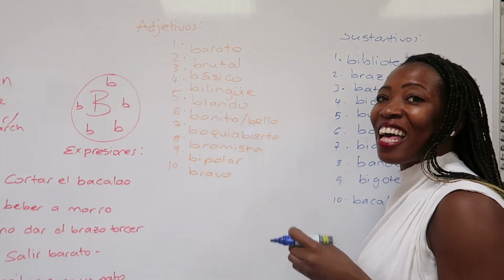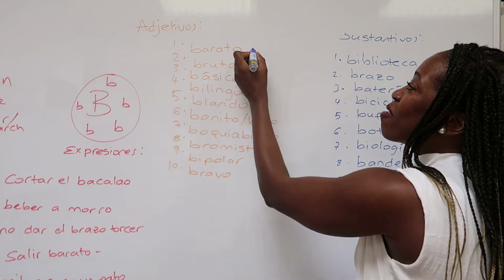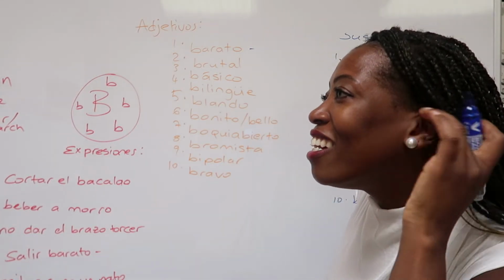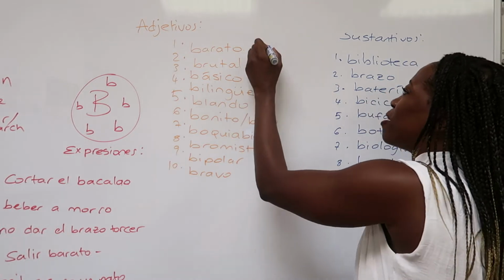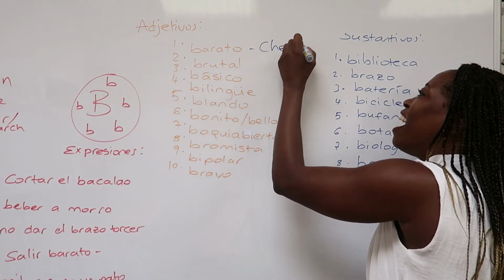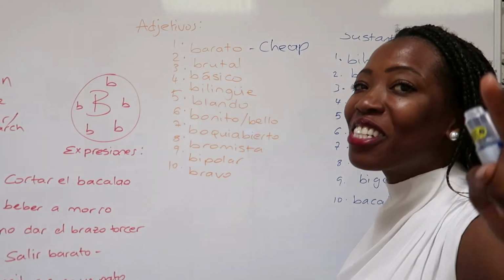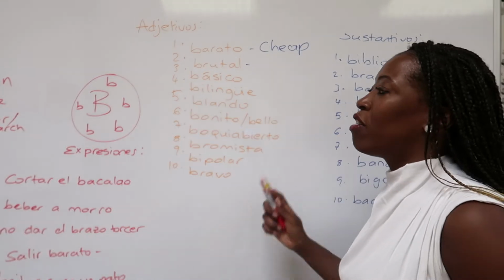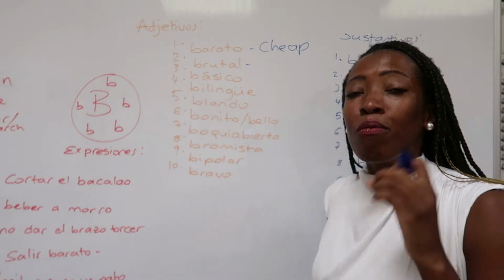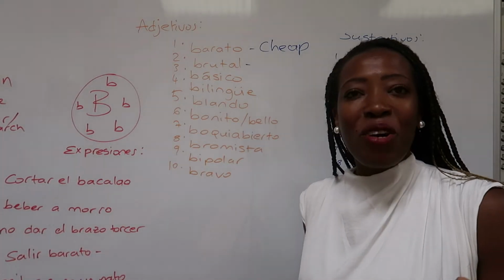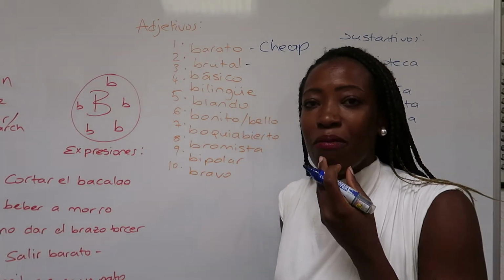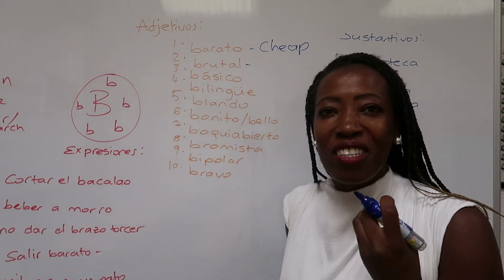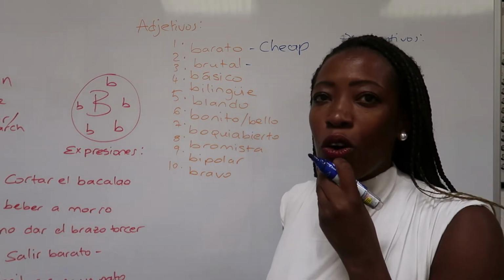Okay, so your adjectives. One that is absolutely everywhere, which is barato. What does it mean? Yeah, that's right, cheap. I heard you through the screen. Okay, now I love this adjective, brutal. Brutal is the same word in Spanish as in English. When you say something was brutal, it was violent, it was vile, it was horrible,